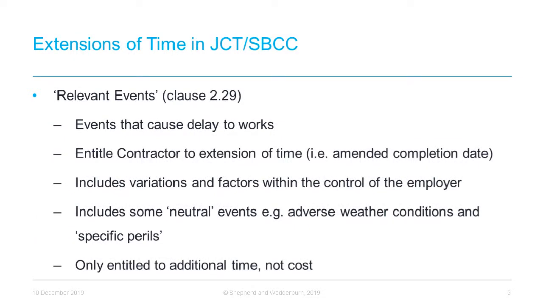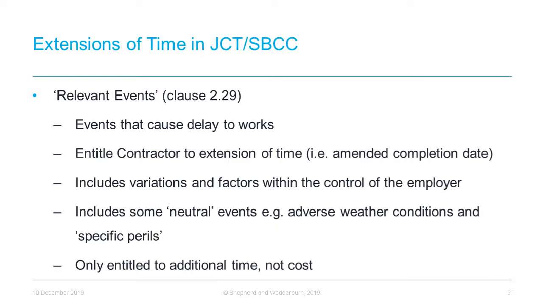So, in general terms, if a contractor does not meet the specified completion date for the works, or indeed a defined stage of completion, liquidated damages will be applied until completion is achieved. One of the crucial impacts of an extension of time claim is therefore to relieve the contractor from this liability. All of the standard form contracts contain broadly similar provisions defining the circumstances in which an extension of time is to be granted. In JCT contracts, extension of time awards come under the term relevant events. These are events that cause delay to works and entitle the contractor to claim an extension of time resulting in an amended completion date.